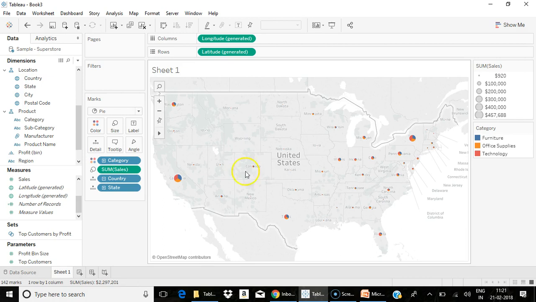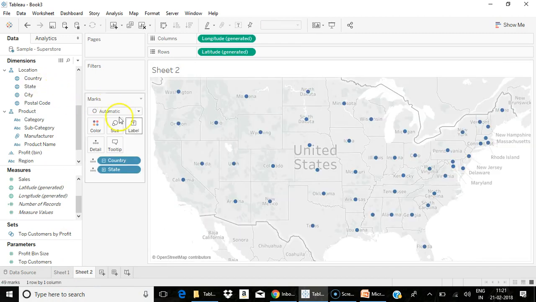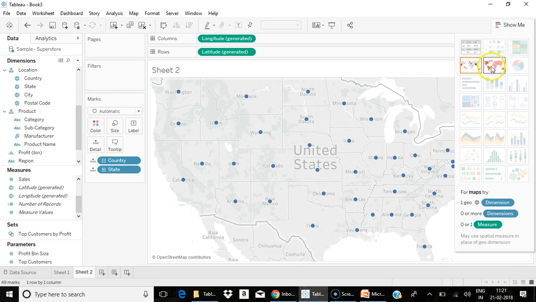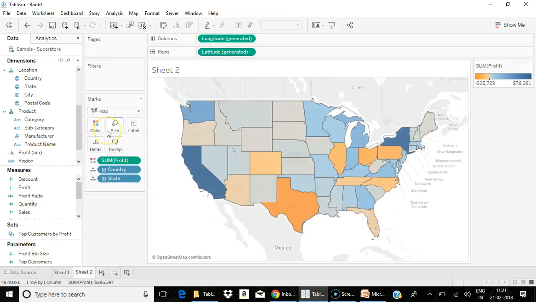In case you want to go for a filled map, you can also create your maps by directly double clicking on a particular geographical dimension. You can change it to filled map. In a filled map, the complete area is filled up by color. Let me put the profit on color. Based on the profit, I have divergent colors showing which state has the highest and lowest profits.